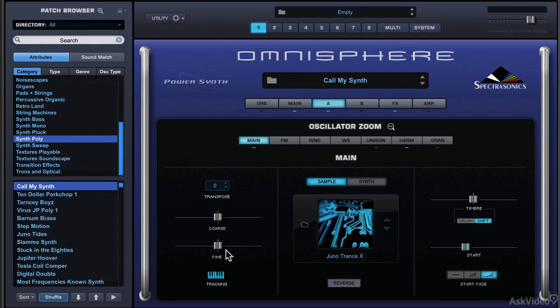Now in sample mode also we've got keyboard tracking where it will alter the pitch of the sound as you alter the keys. It'll play a different root note for every key you play, and that's normally what you want. However, if I disable keyboard tracking, you'll hear if I play the notes C, D, E, F. So right in the middle, you heard the first two notes, C and D, played the same sound, and E,